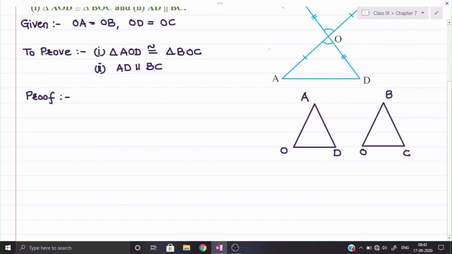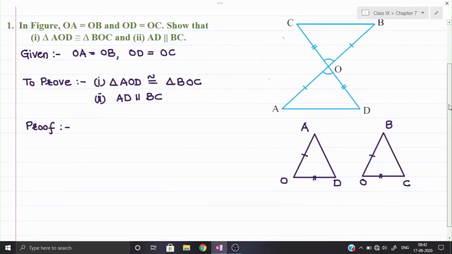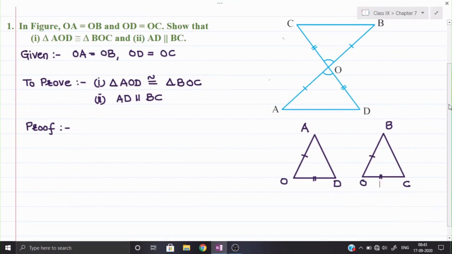Right? Now what is given equal in this question? We can see OA and OB are given equal, that we can mark. Second one is OD is equal to OC, that is also given equal, that also we can mark. Now see, two corresponding sides we got equal. If we get the angle between them also equal, then we can say that triangles are congruent with the help of the side angle side theorem. So I am talking about angle AOD and angle BOC. Are these two angles also equal? Look at the main figure.